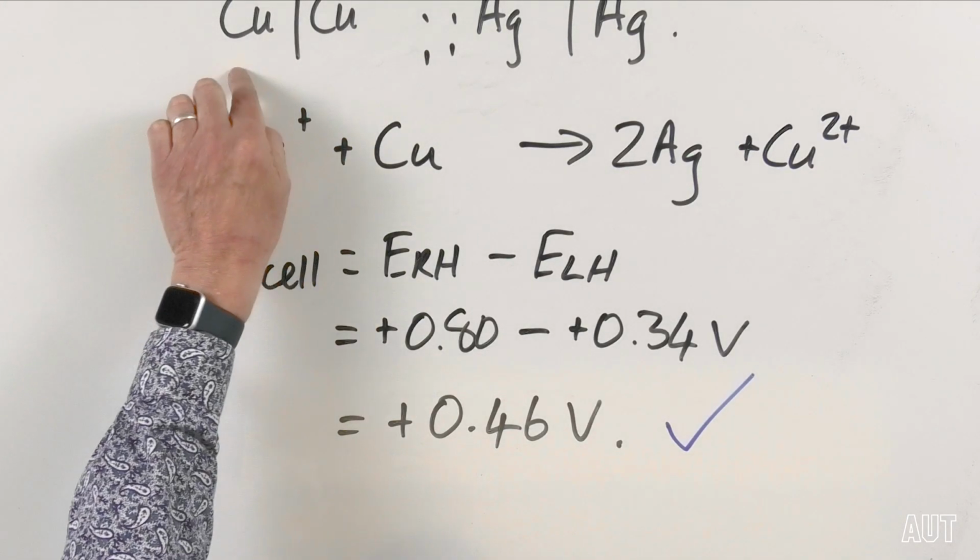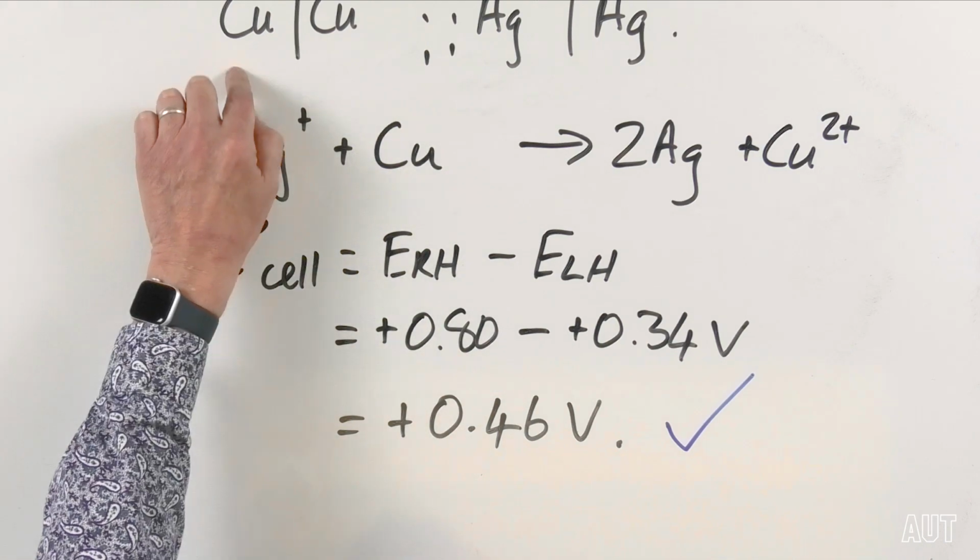They were all written as reductions. You keep the same sign even if it's not a reduction that you're talking about. Here, for example, this is an oxidation, but the E-naught for this is still plus 0.34 volts. You don't change the sign on it. So never change the sign on a reduction potential, and you can't go wrong. Always assume that the E of the cell is the E of the right hand minus E of the left hand,